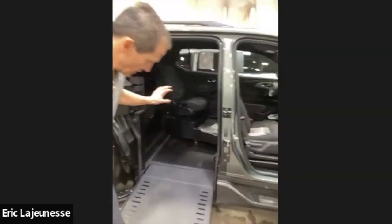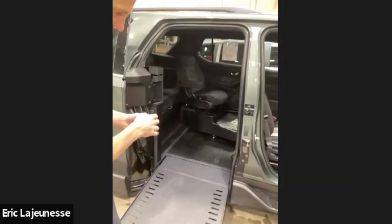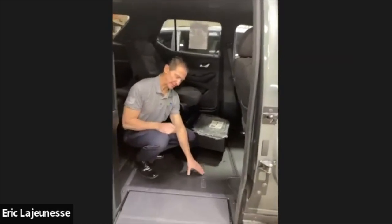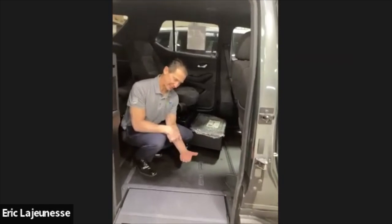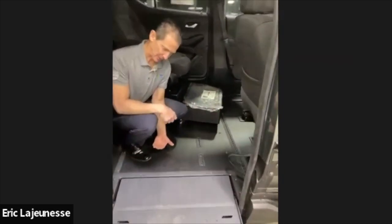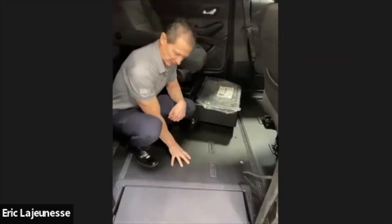No, when they lower the floor, basically what happens is the lowered floor sits right above the frame of a vehicle. So it doesn't make it go any lower. The lowest spot in all these vehicles is the muffler, because you have to reroute the muffler underneath the lowered floor. So in terms of ground clearance,